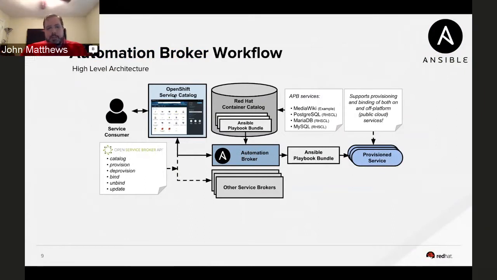The service catalog has a number of entities that it introduced to OpenShift or Kubernetes. One of these entities is called a cluster service class. That's the term that is being used right now in Kubernetes. And this term, cluster service class, you can think of as an offering that the service catalog knows about. So let me see if I can give you a little more